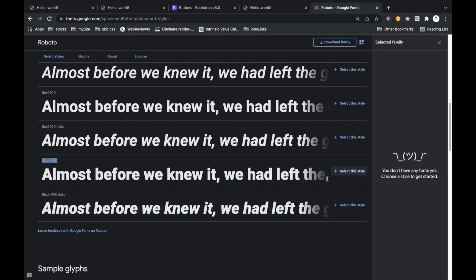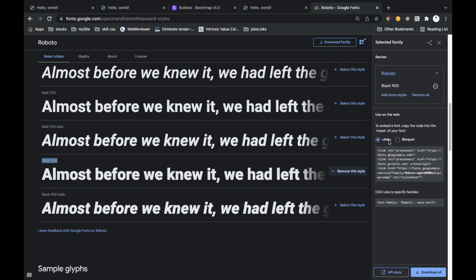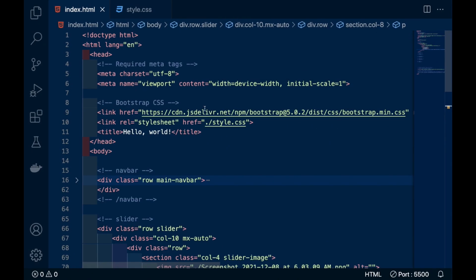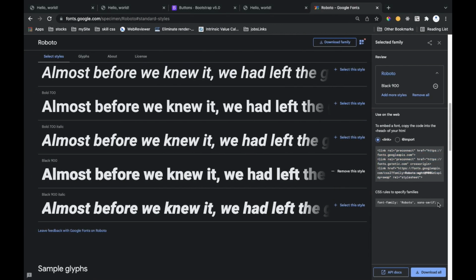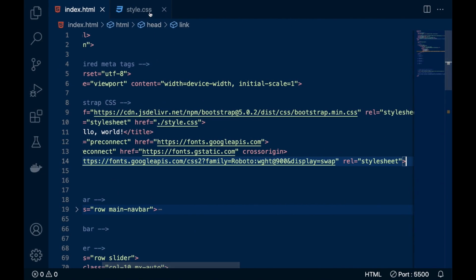To use that, simply on the right side click on this style, and here you get this tab, and in the middle you will get a link tag. Copy all this, go to your file and paste it inside the head, anywhere. And again there is a Roboto font family, copy that.